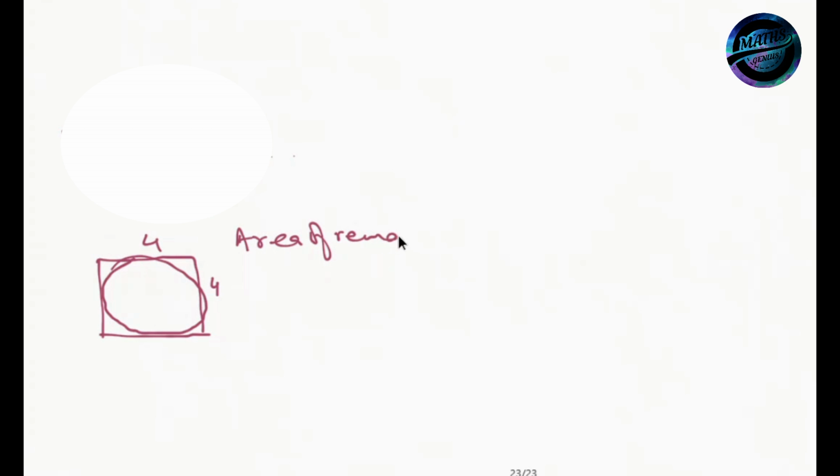So if I say the question: a circle is inscribed in a square. So if it says a circle is inscribed in a square and the square has a side of 4, right? So what's the area of the remaining